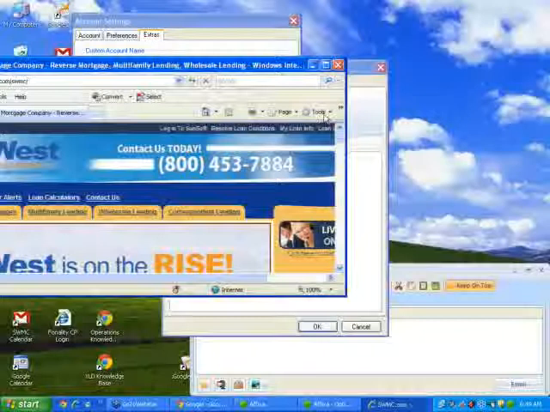Moving aside from this Affixa installation, I'll show you what you don't want to do. When you first start Google Chrome, it's going to ask you, Google Chrome isn't your default browser, set it as default, or don't ask again. Click don't ask again, and if you've already hit set as default, that's okay. I'll show you how to fix that right now. So we're going to click don't ask again, and if you already set it as your default, go to Start, Internet Options, Internet